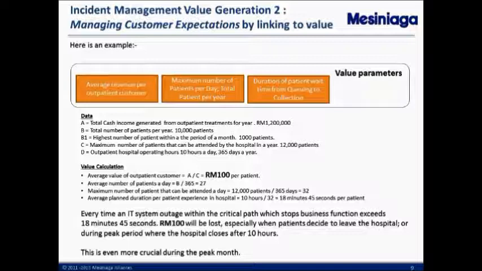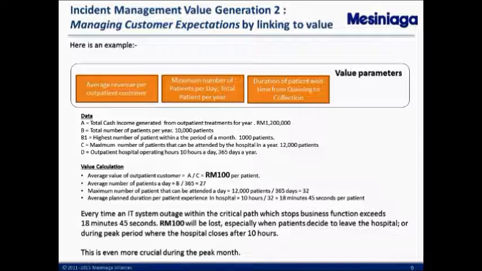And the hospital is open 10 hours in a day, 365 days in a year. When you take 1.2 million ringgit divided by the maximum number of patients that can be attended, you get 100 ringgit per patient. That's roughly an average value of an outpatient customer. We want to know what is the maximum amount that can be attended to. And from the calculation, we can see that the maximum amount of patients that can be attended per day is about 32 patients. Since we already know that it is only open 10 hours a day, it means that 10 hours divided by 32 patients results in 18 minutes 45 seconds of patient time